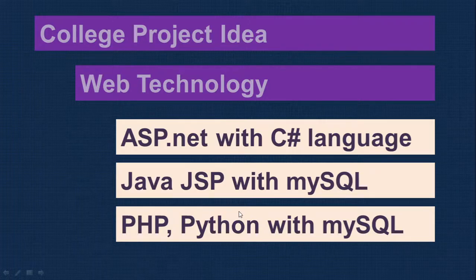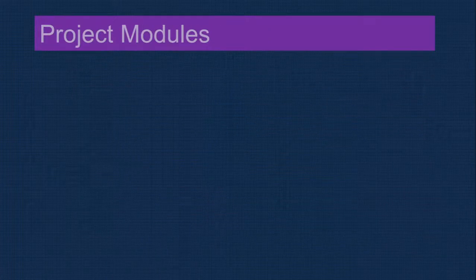These are the major ones. Here we'll show the project in ASP.NET, but the same project can be done in JSP, or you can do it in PHP, or you can write it in Python. This is all possible. Once you complete this video, you can decide what technology you would like to use, and then based on that, you start the project. And we also have videos on how to make the project, so you can watch those videos also. Therefore, you'll get a complete idea of how to make the complete project.